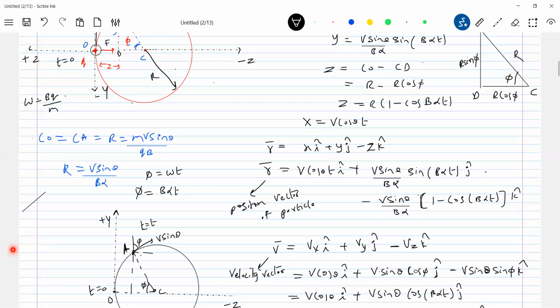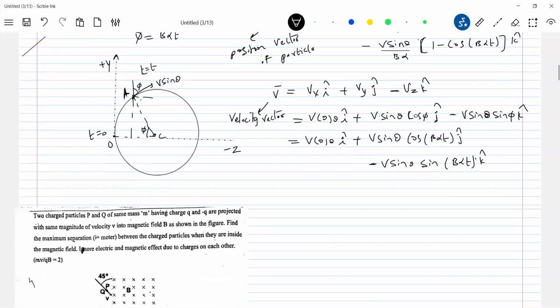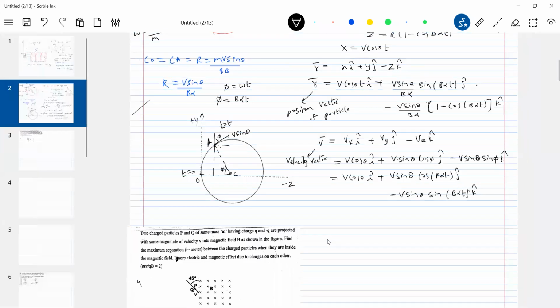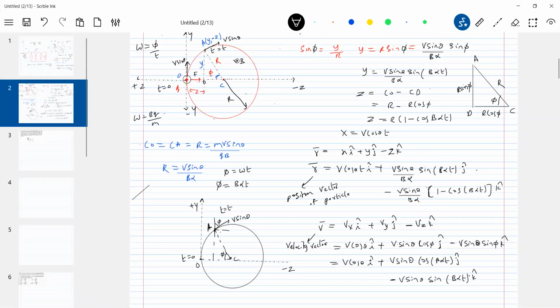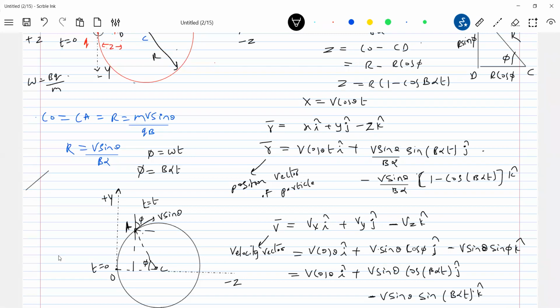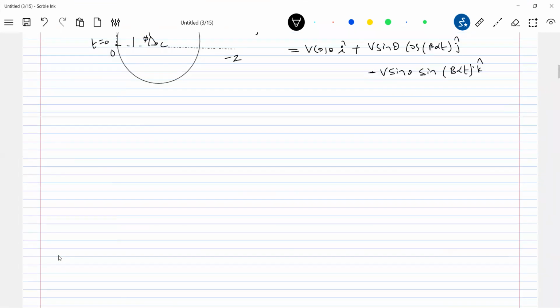Okay, now we'll take the next some cases. Now, if there is an electric field vector,